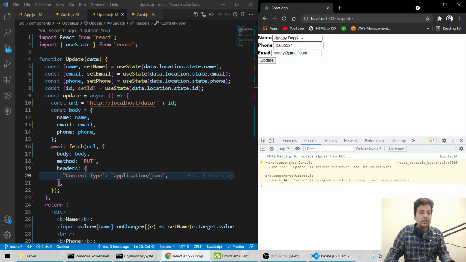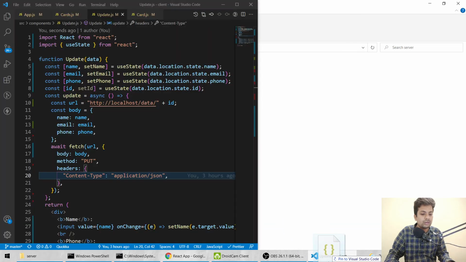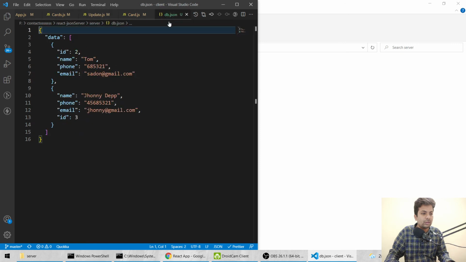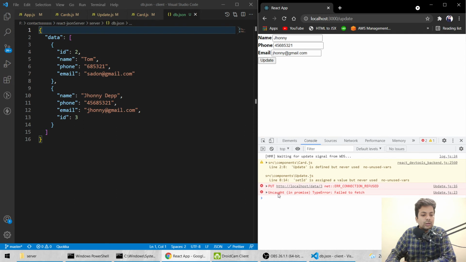Now if we send Johnny, just Johnny, and if I can just open that file db.json, yeah, so if I just change the Johnny, update it, connection error. So why is there a connection error?